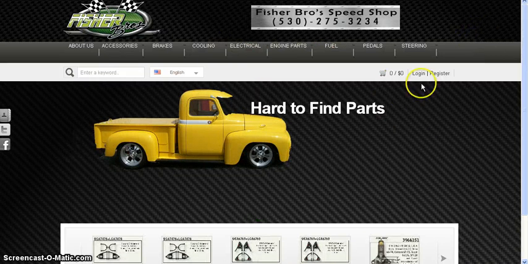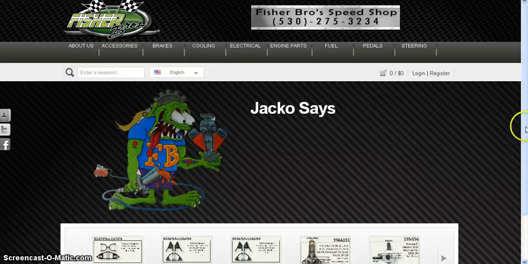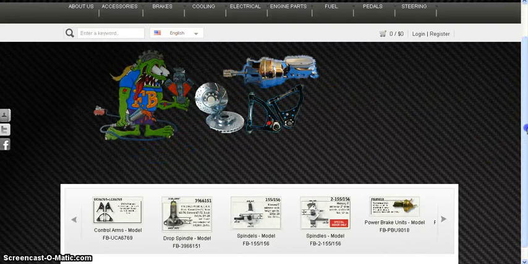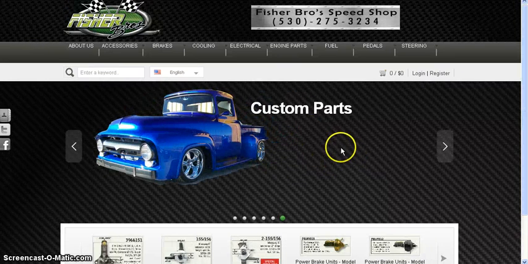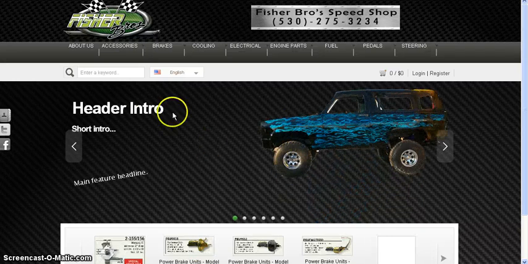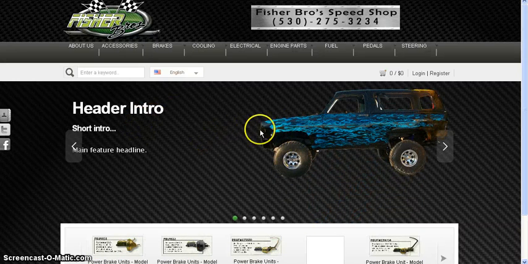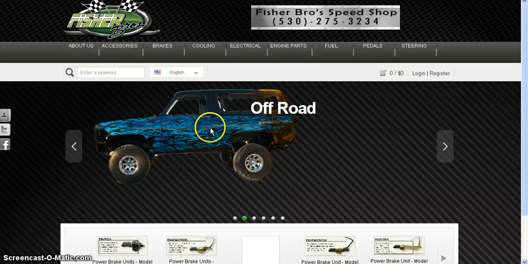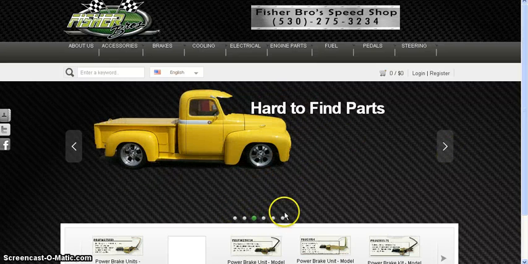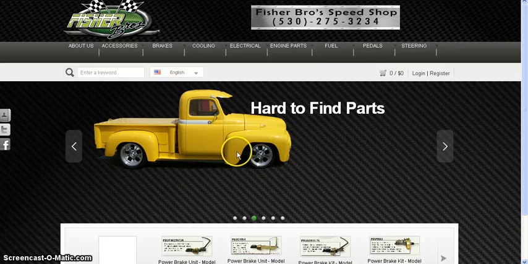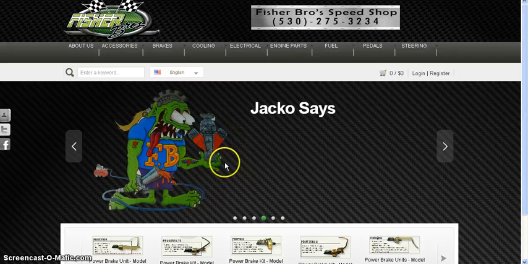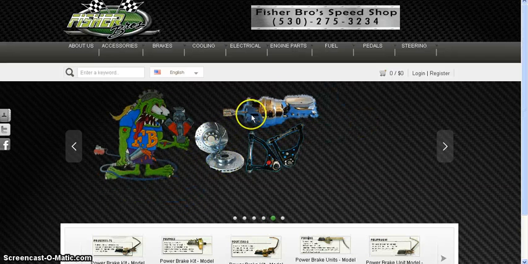Now underneath the navigation bar, we have an intro slider. So your home page has basically a slideshow which we can have different headlines, maybe an introduction on different various services you offer, customization, parts. And so I just have 6 dummy slides already set up to kind of show you how it will look, and it would be very helpful if you actually gave me some direction on what you want this